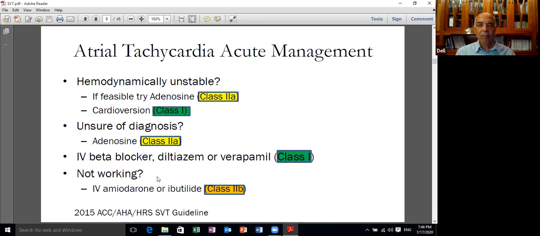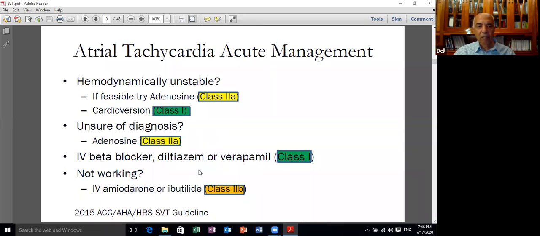So as you see, in most of the supraventricular tachycardias, which we'll spend today discussing, we move from adenosine, which is usually the drug of choice in acute events, sometimes cardioversion if the patient is presenting with pulmonary edema, chest pain, hypotension, drowsiness or any hemodynamic disturbance. And then if they don't work, we go to the calcium antagonists or the beta blockers, and then we leave the class 3 antiarrhythmic drugs until the end.